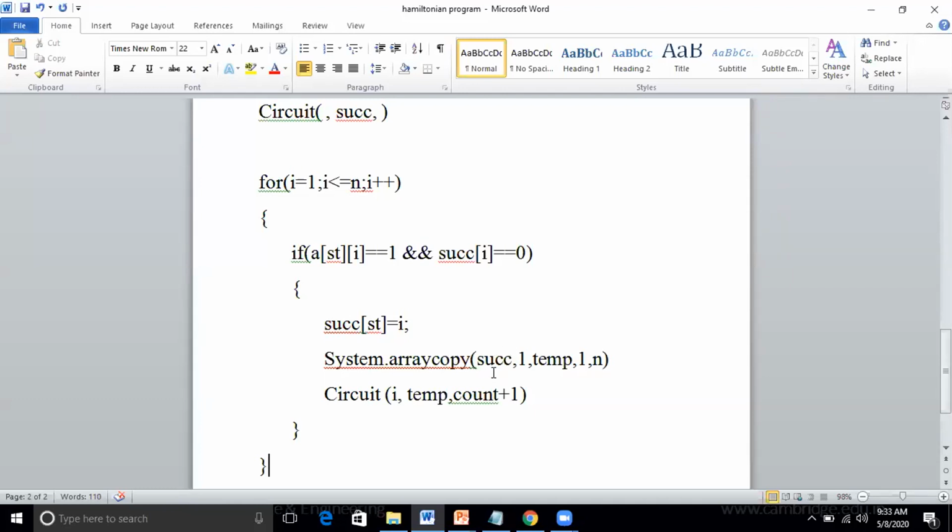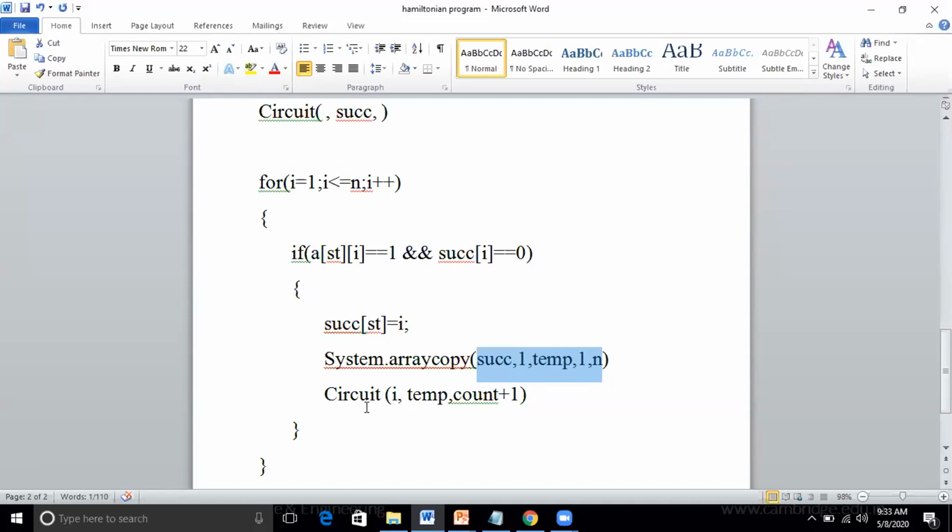The first is the source array, source index, destination array, destination starting index, and number of elements. From the successor array, I'm copying to the temp array. Why? To keep track of the previous array, because we are calling recursively and I should not lose it.